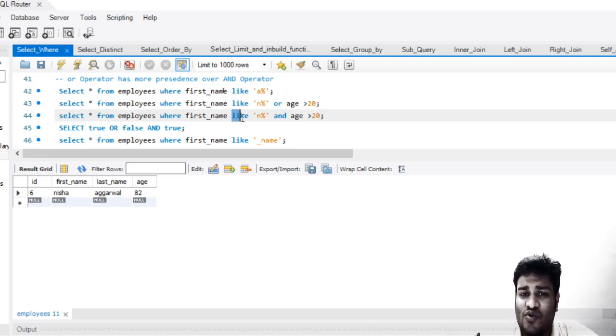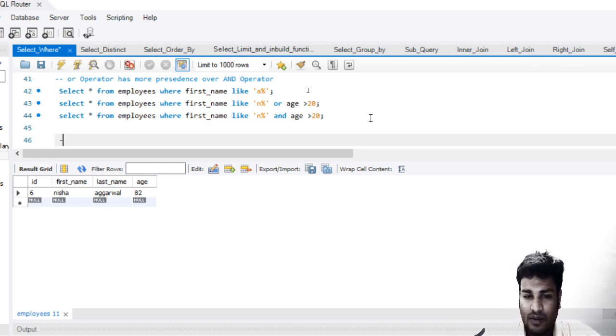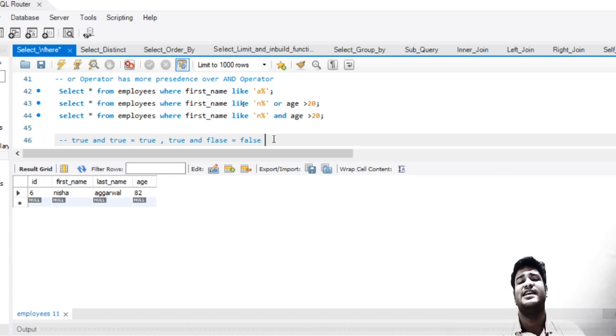You can use it with like, you can use it with between. So these are just the statements. So what exactly is and or? When we say something is true and true, it will give us true with and. If we have true and false, it will give us false. So both these statements should be true with and. As the name suggests, both of the conditions should be true, then only it should show it. Or means either this is true or this is true, please show it, right?